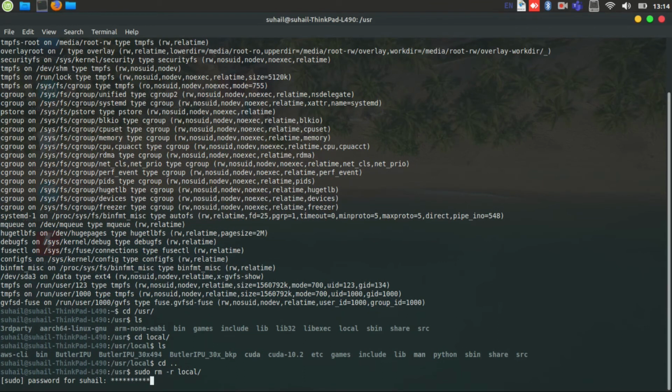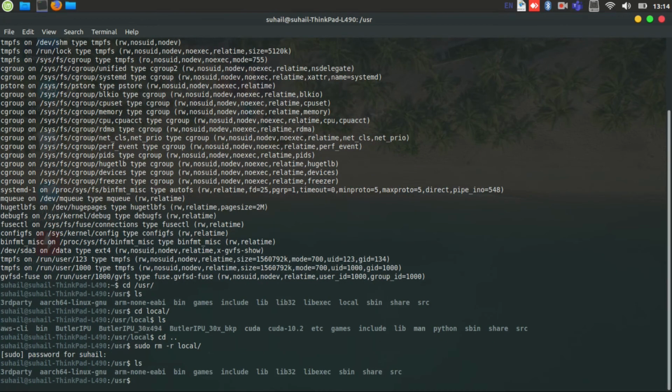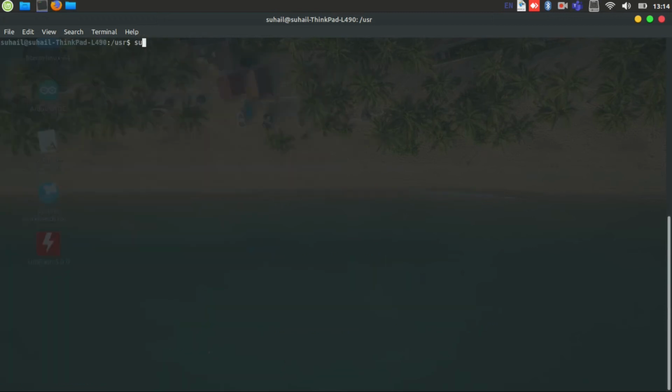After deleting this directory, as you can see, temporarily in the tmpfs session, this directory is deleted. And if I do sudo reboot here, I should get back to the original state, and my local directory will come back. So let's hit sudo reboot.